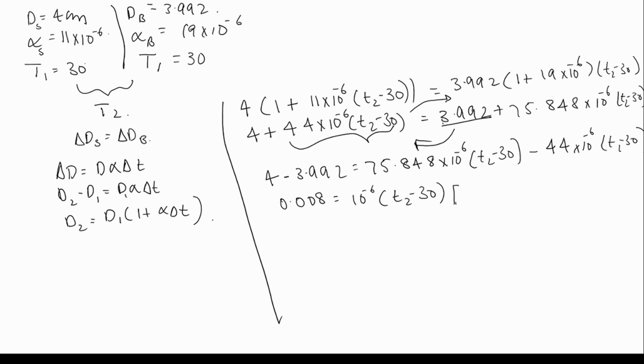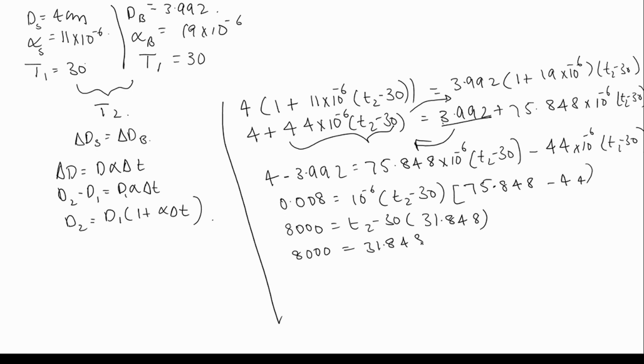So it becomes 75.848 minus 44. If we send 10 to the power of minus 6 to this side, it becomes 10 to the power of plus 6. 0.008 into 10 to the power of plus 6 is 8000. It is equal to (T2 minus 30) times (75.848 minus 44). 75.848 minus 44 is 31.848. So we'll multiply this term with this 31.848. So 8000 is equal to